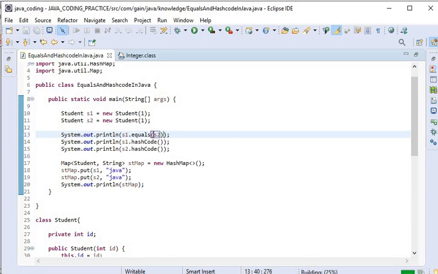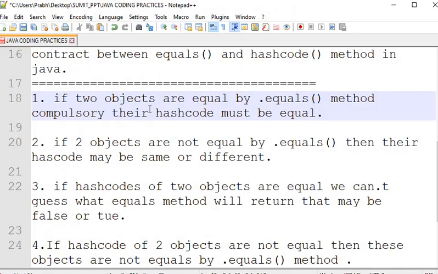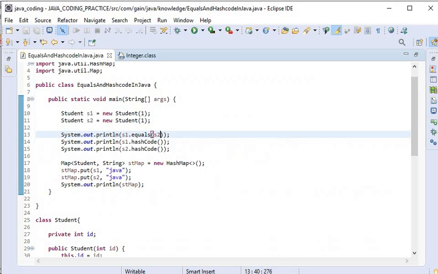Here, what is the contract? The first line: if two objects are equal by the equals method, then compulsorily their hash code must be equal. If the equals method returns true, then their hash code will be the same.